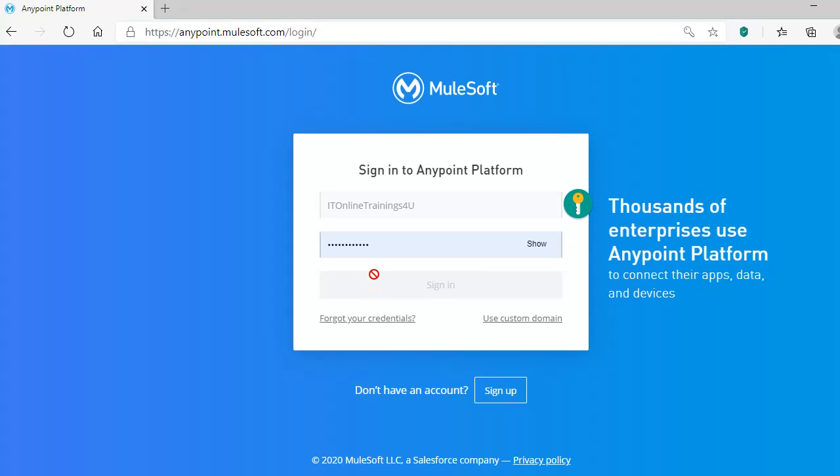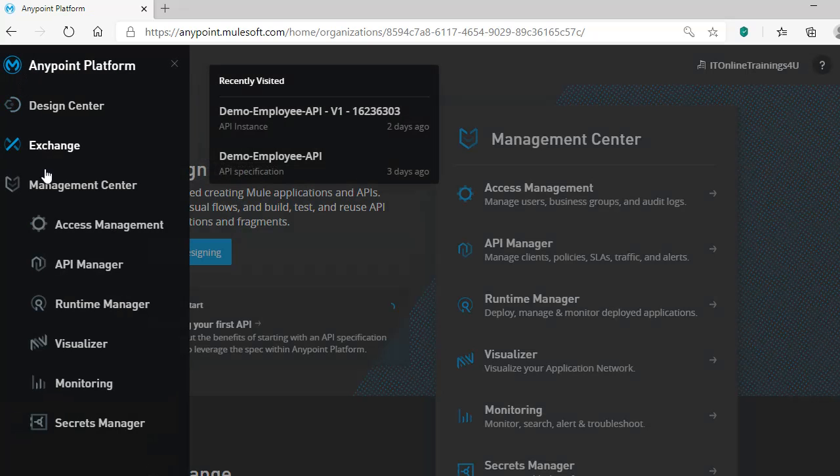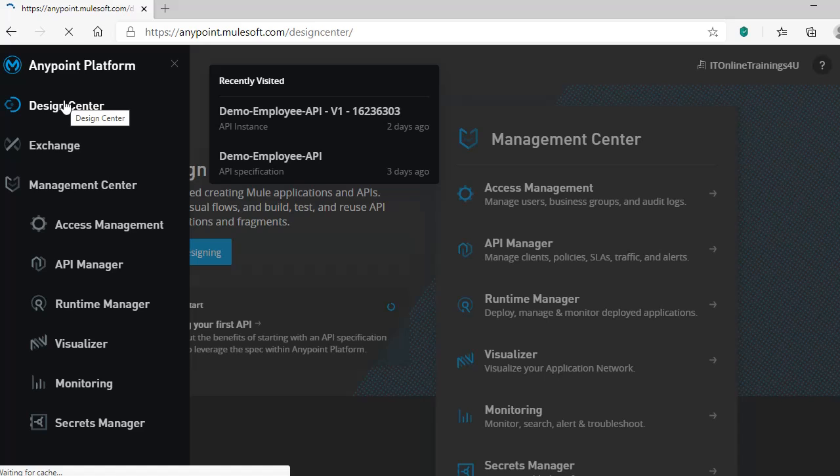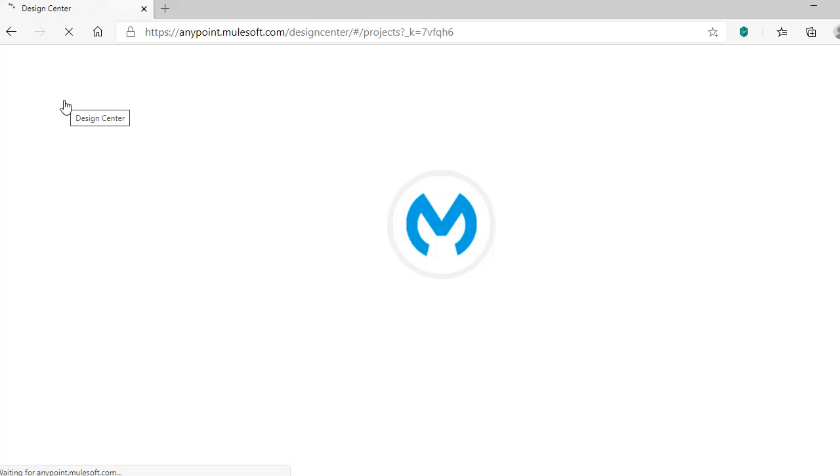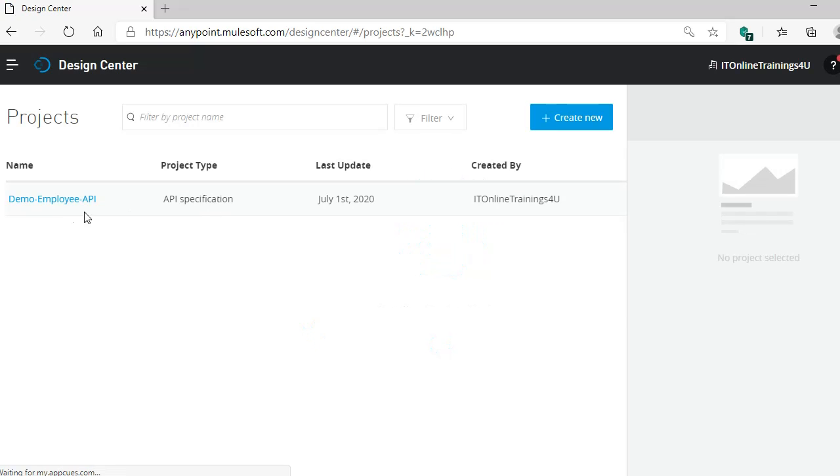So I'm logging in to my CloudHub platform. What we have done in the part one video is we created a RAML. This is basically to build a REST API in MuleSoft. To do it end to end, we created a RAML in our Design Center.